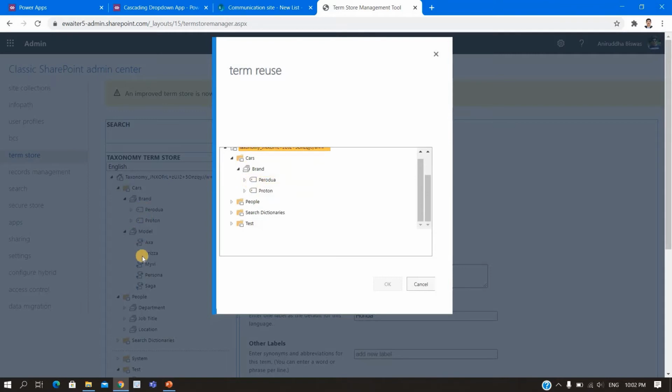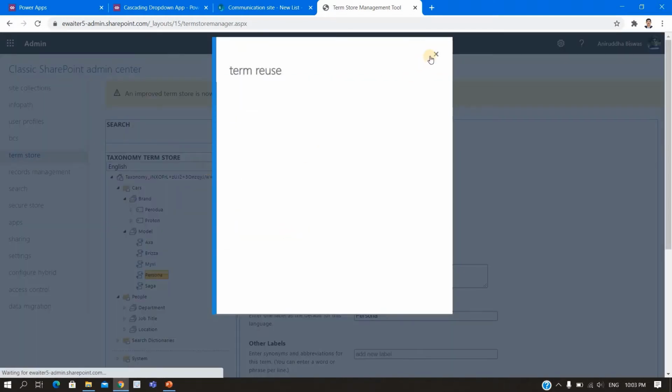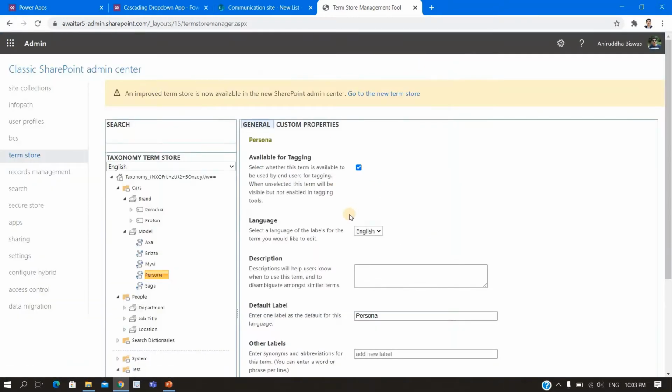So what I did is, AXA is part of Perodua, so I selected this and clicked OK. Like this, all the models are there. The first three are part of Perodua, and Persona and Saga are part of Proton. That's how I connected these terms to each other.